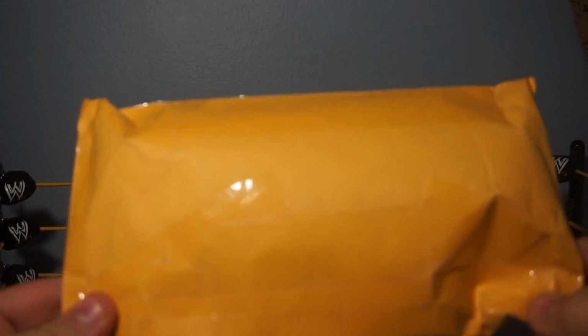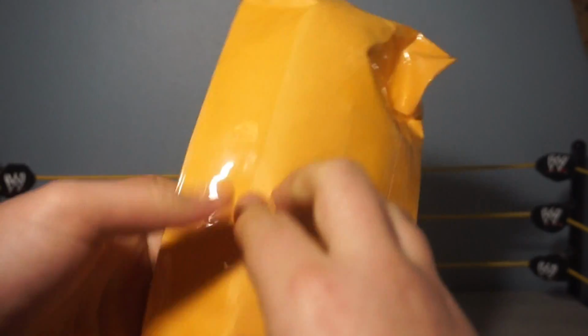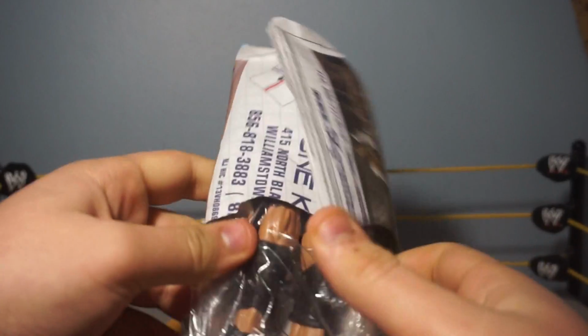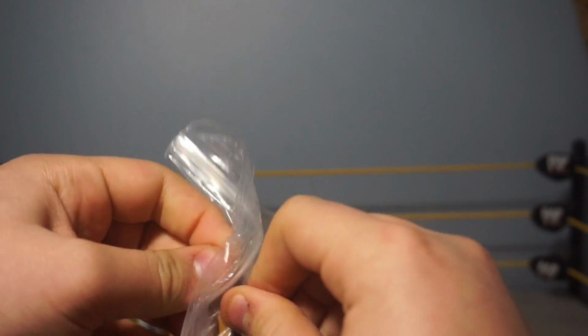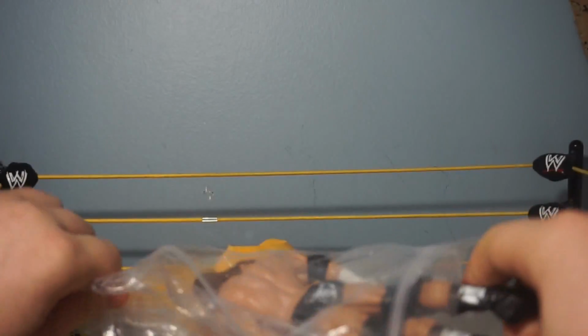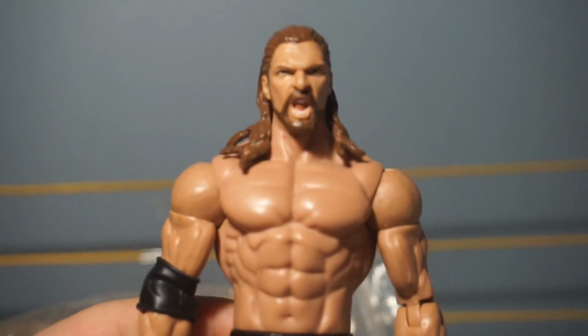This one actually comes from eBay. Let me use this, way easier. This is a basic, and I feel like I have owned this, but I honestly can't tell because the head scan is just absolutely amazing. I think I might have had it. It might not have been in the best condition when I got it, but it is this random Triple H basic, but the head scan is